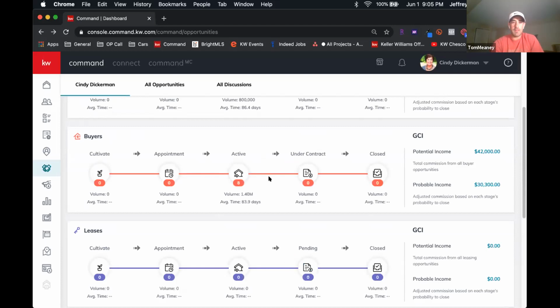The cool thing about this is, at this screen, you're going to be able to see you have 8 in buyers right there. I'm sure they're all samples. But if you have buyers that are active, that are about to do business, you're going to be dragging them into this active stage. And at this screen, you're going to see that you only have a total amount of 8. But if you go in and click active right there,